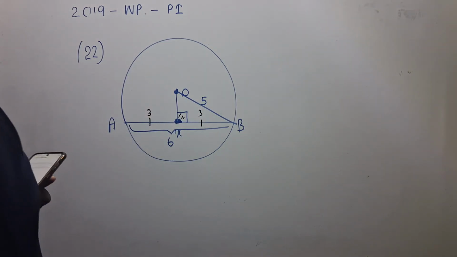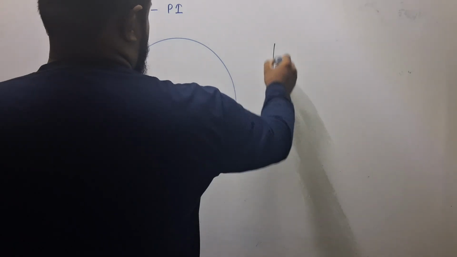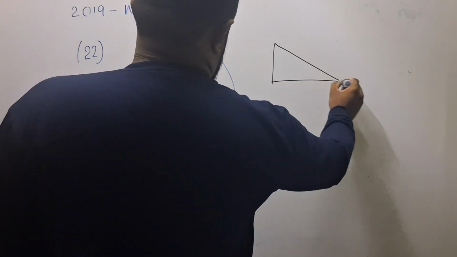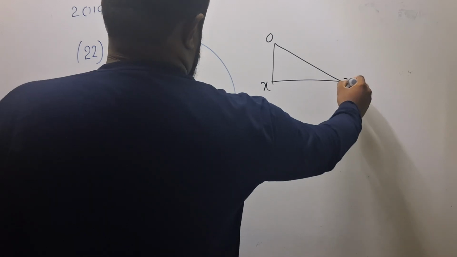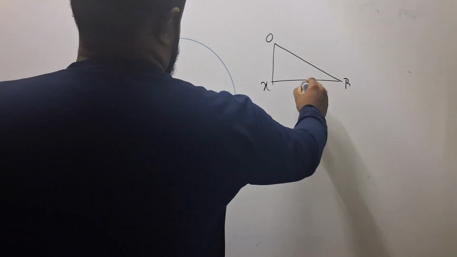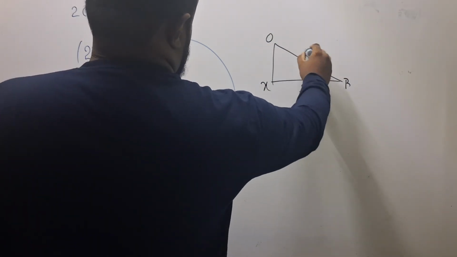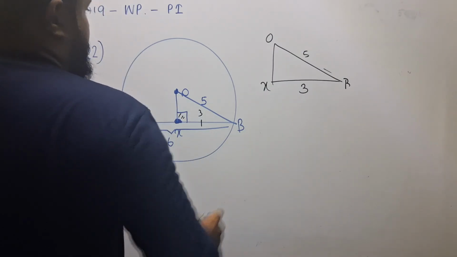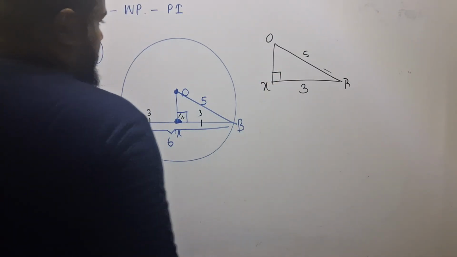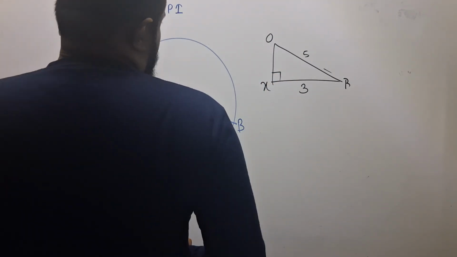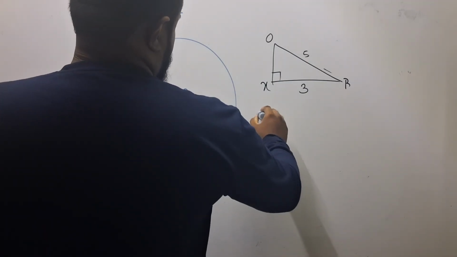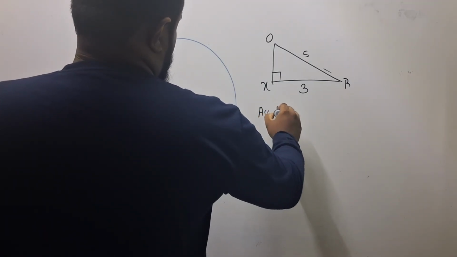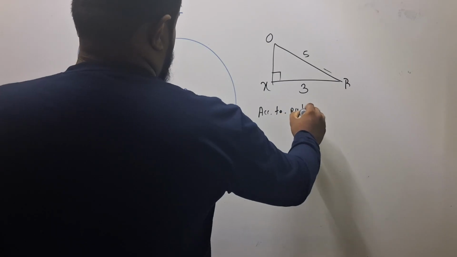So now you can see a triangle with these measurements. O, X, B. XB is 3. OB is 5. You have to find OX. And this is a right angle triangle. When you see a right angle triangle, you must remember Mr. Pythagoras theorem. According to Pythagoras theorem,